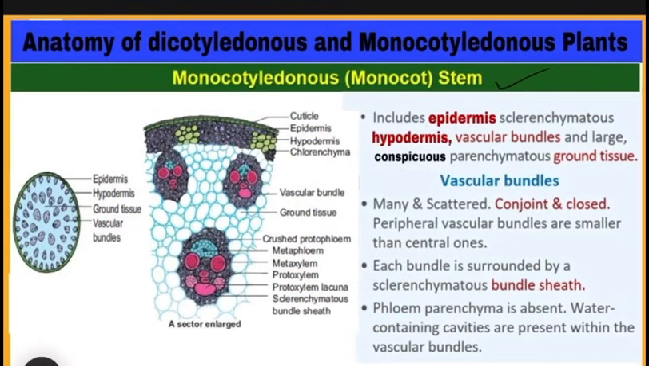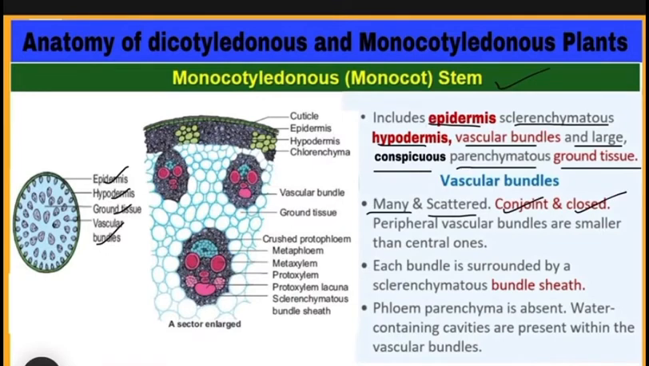Anatomy of monocot stem. It includes epidermis, sclerenchymatous hypodermis, vascular bundles and large conspicuous parenchymatous ground tissues. See the diagram. Epidermis, hypodermis, ground tissues and vascular bundles. Vascular bundles कैसे होते हैं? They are many. बहुत सारे हैं vascular bundles, but they are scattered. फैले हुए हैं ये. But dicot stem में ये ring की फॉर्म में arranged थे. Vascular bundles in monocot stem are conjoined and are closed, means cambium present नहीं होता xylem और phloem के बीच